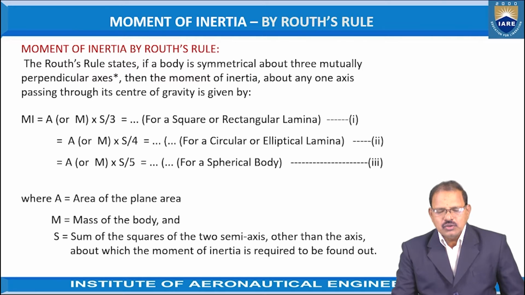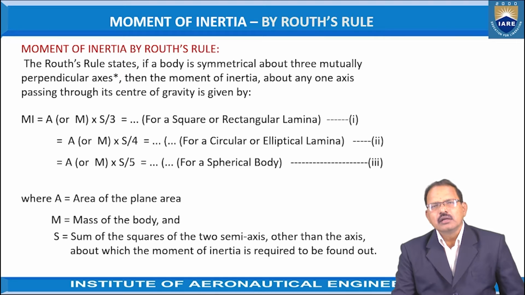According to Routh's rule, to determine the moment of inertia, it states that if a body is symmetrical about three mutually perpendicular axes, that is the x-axis, y-axis and z-axis, then the moment of inertia about any one axis passing through its center of gravity is given by I equals A into S by 3. That is, if a body is symmetrical about three mutually perpendicular axes, then the moment of inertia about any one axis passing through its center of gravity is given by I equals